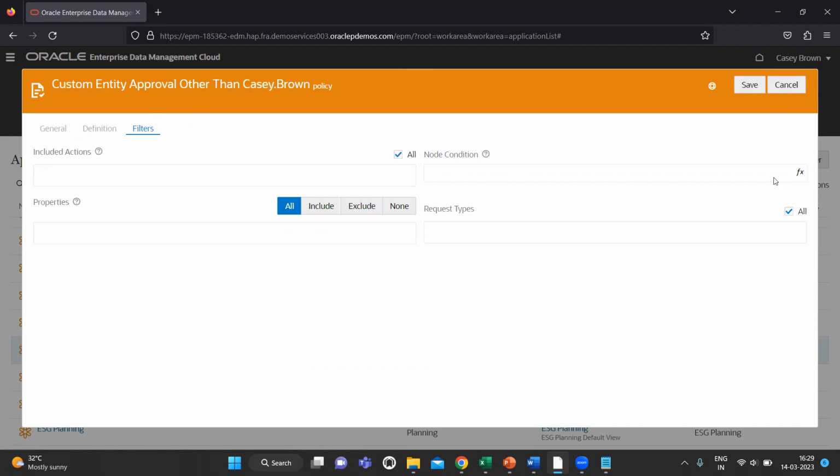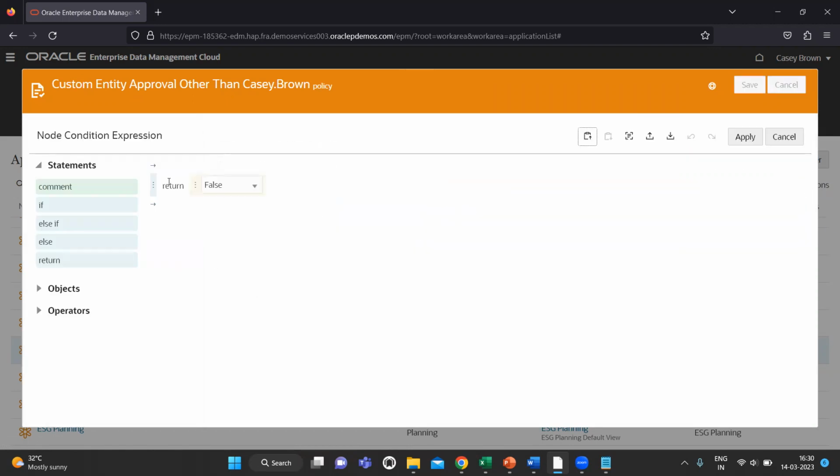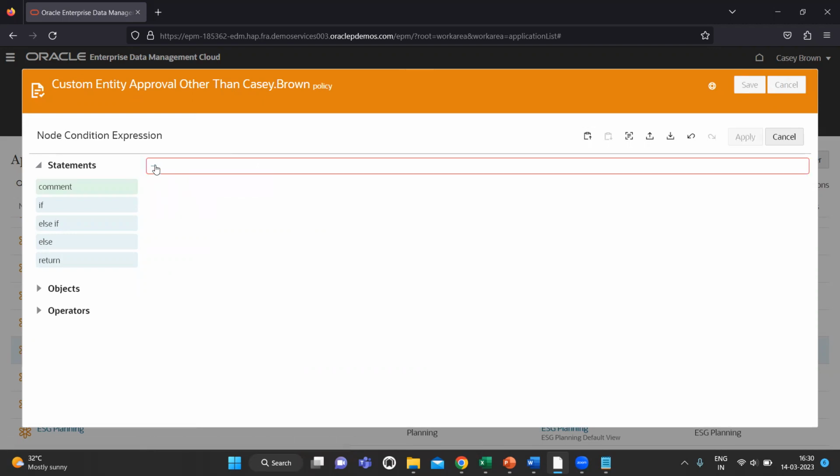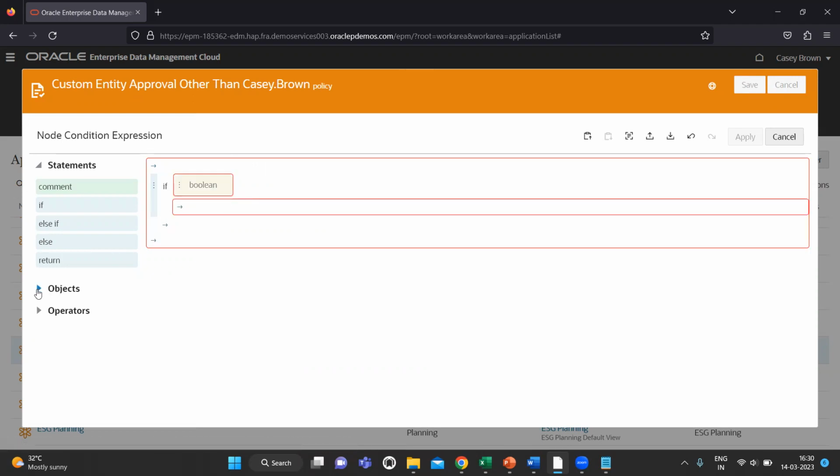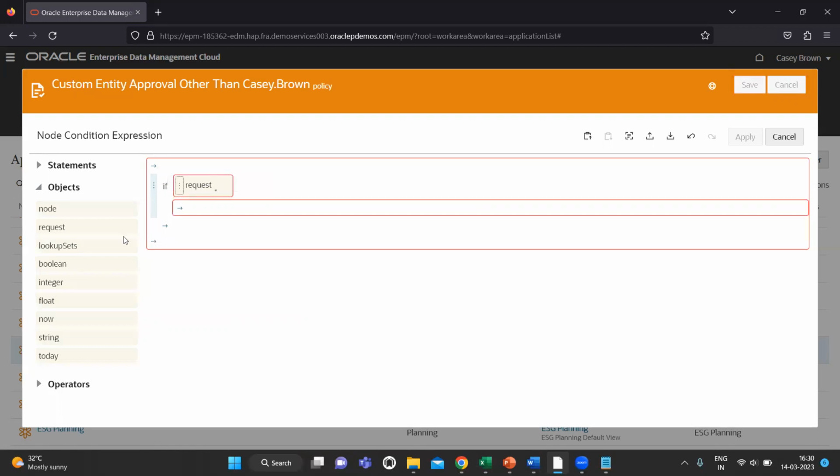Okay, and then we have node condition. Here we will provide the node condition expression. So I'll click on the fx icon and provide the node condition expression. Let me first remove this. And for the request object I was just talking about, we will use it. So if, and go to object, if request, okay, you can also just drag and drop,